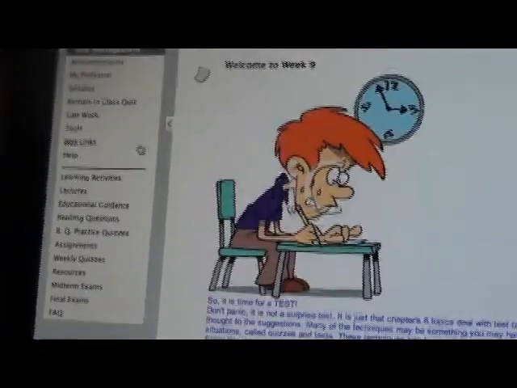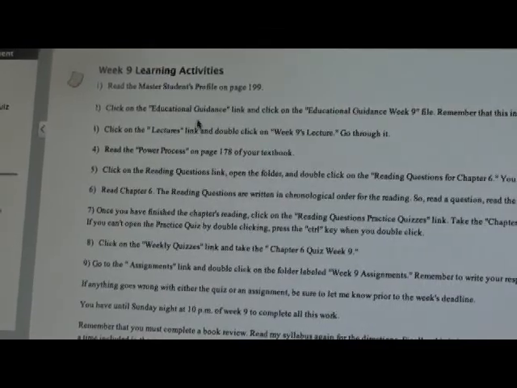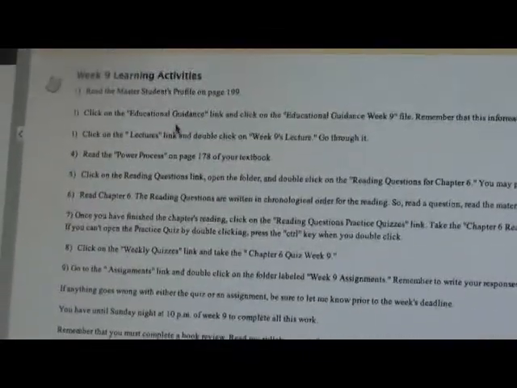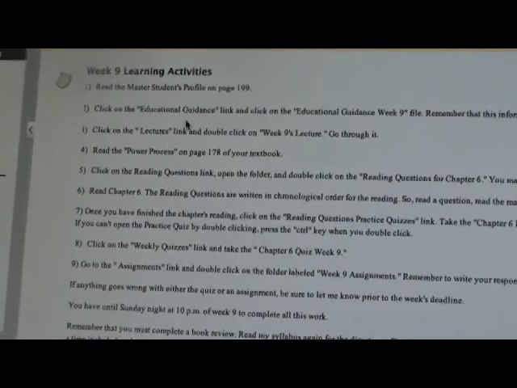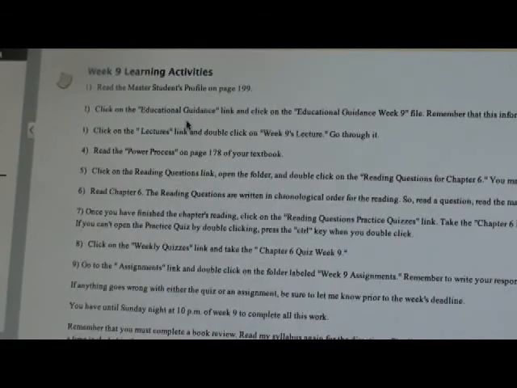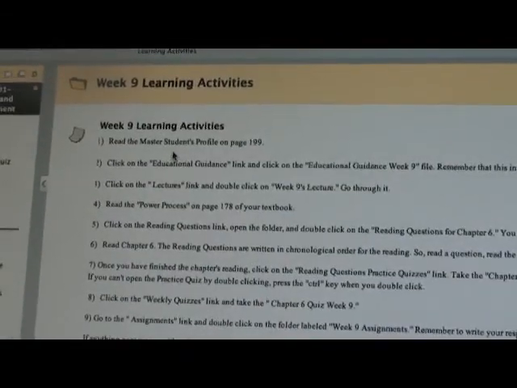At the top of the middle menu here, if you just click on that, you will have a folder for week 9 learning activities, and when you open that, it gives you a list of all the things you have to do for week 9. So the first step in the list is to read the master student profile right here on page 199,